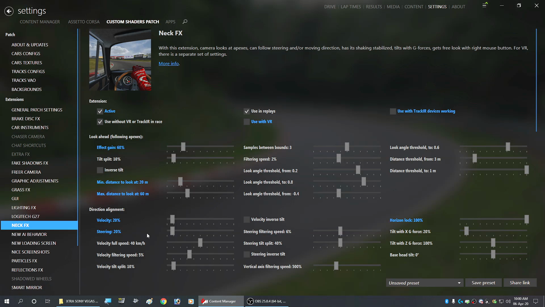But what I recommend here is, the great thing about the way Content Manager works is that everything I've changed is automatically highlighted in blue, so you can see straight away what I've changed. But if you don't like my settings or something feels unnatural, or you have the time and you want to experiment with every single setting, my advice is,